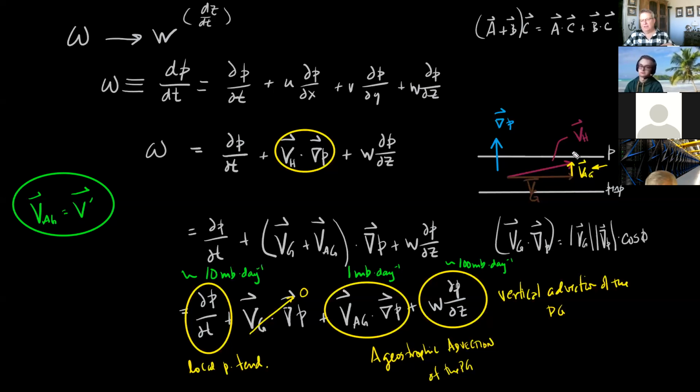And the reason is, I wish I had a bigger board, but let's do it this way. w dp/dz is actually minus w times rho times g. Which means, to a first approximation,